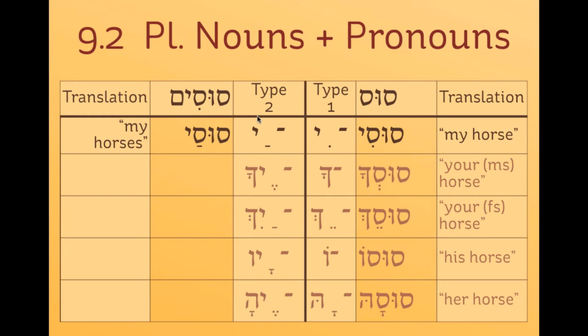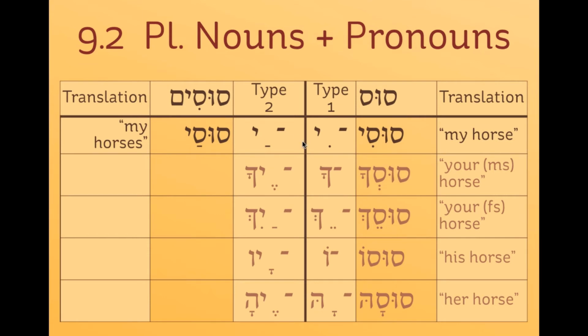If you attach a type 2 pronoun to a plural noun like susim, you get susai, where the attached pronoun I has taken the place of im, which is the plural morphology of susim. So you read susai, and the only indicator that sus is plural is by recognizing the attached pronoun as type 2, not type 1, which remember, type 2 uniquely begins with a yod vowel letter that is not chirik yod.